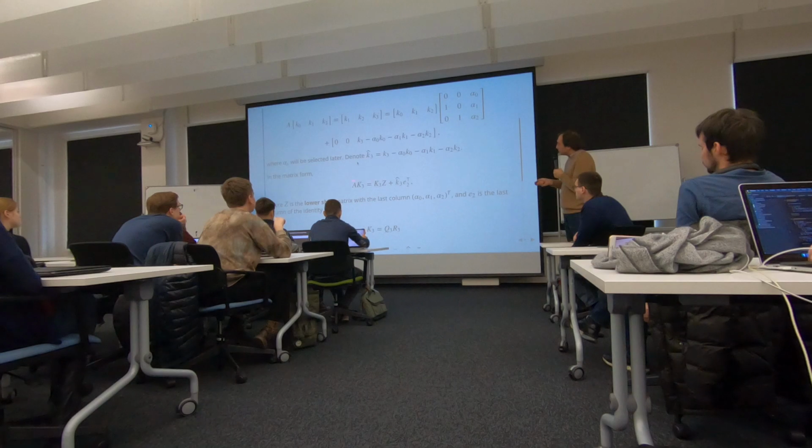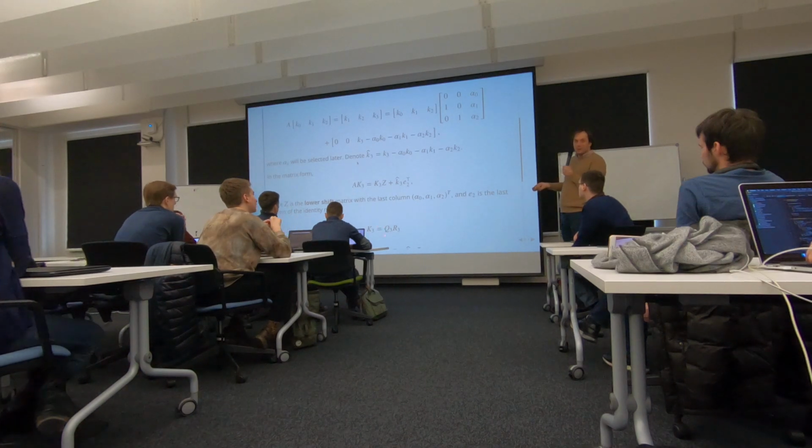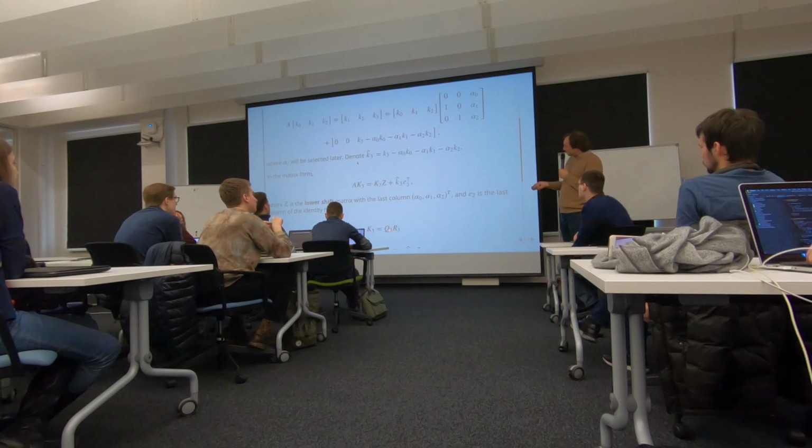Then we do orthogonalization of the Krylov subspace, and the orthogonalization of the Krylov subspace is written as QR, where Q is an orthogonal matrix and R is